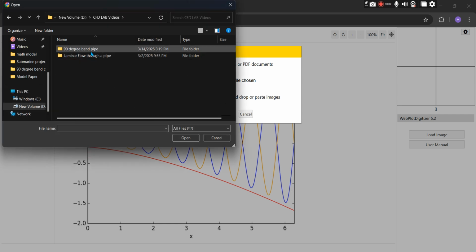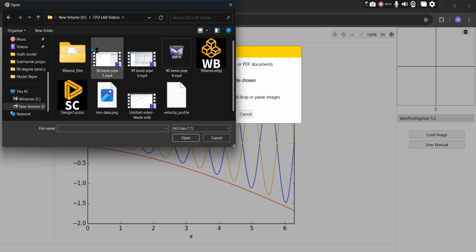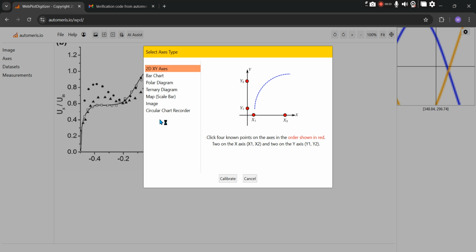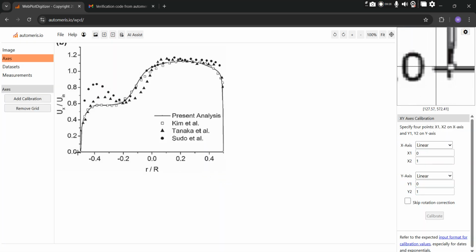choose the file from the image section. We just click it from the paint. The paint is here and open it. First you have to fix the XY axis value. So go to calibrate and carefully choose the least X value and the highest X value